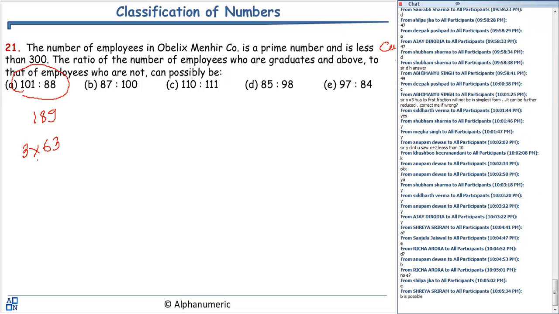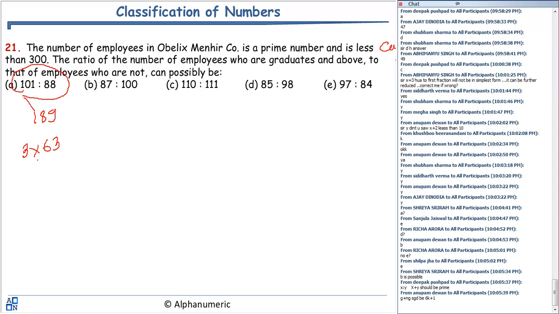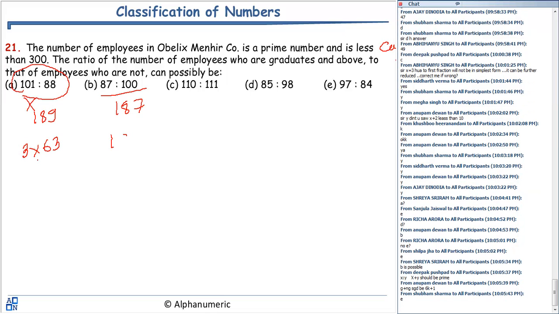In the second case, this is 187. 187 is 17 into 11, so again it is not a prime number. The next one is 111 plus 110, which is 221. 221 is also a multiple of something. Whose multiple is 221? It is not a multiple of 7, not of 5,